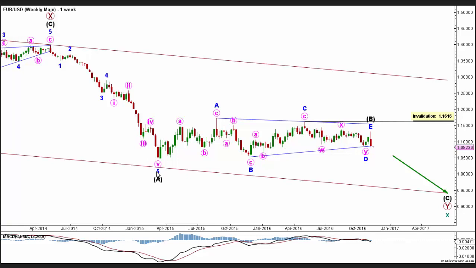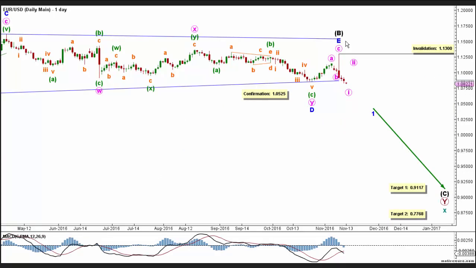Now zooming into a daily chart, the main count sees that black wave B formed a contracting triangle labeled blue waves A, B, C, D, and E, retracing exactly 23.6% of black wave A. Within it, blue wave D formed a double zigzag labeled pink waves W, X, and Y, reaching 61.8% the length of blue wave B. Then blue wave E formed a zigzag labeled pink waves A, B, and C, retracing 61.8%